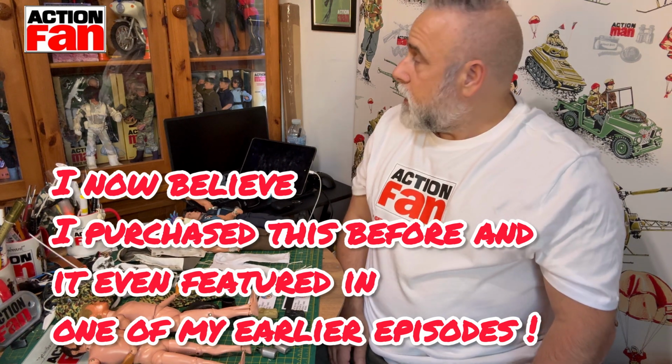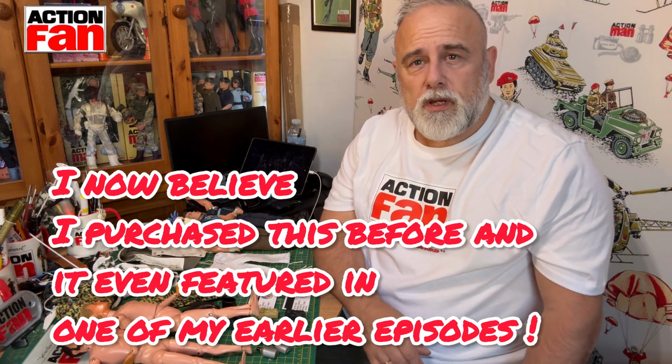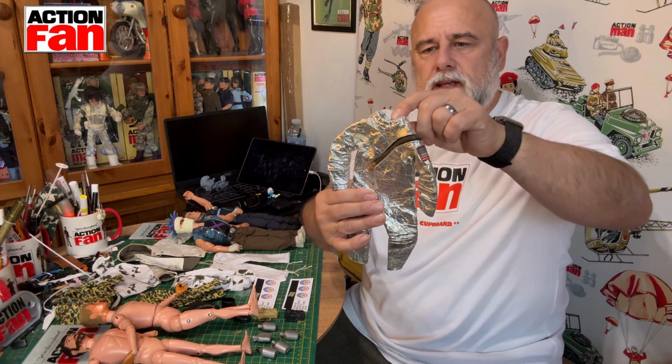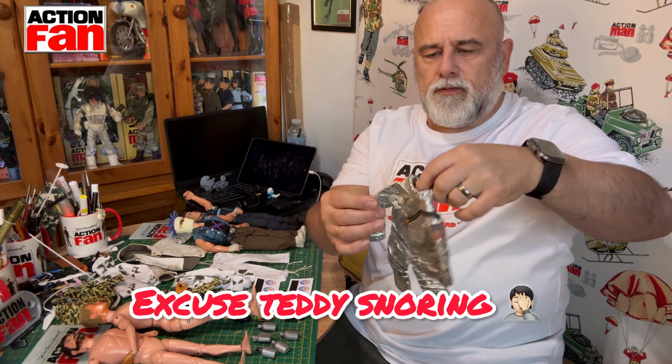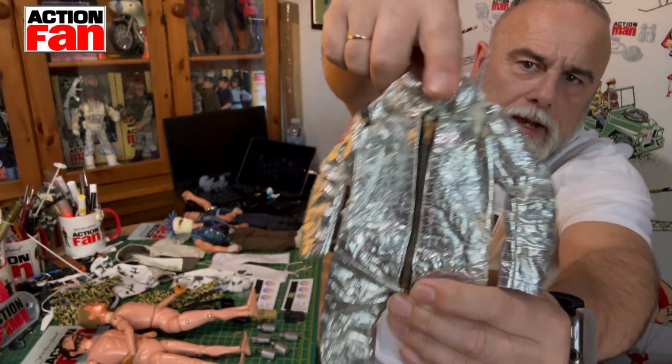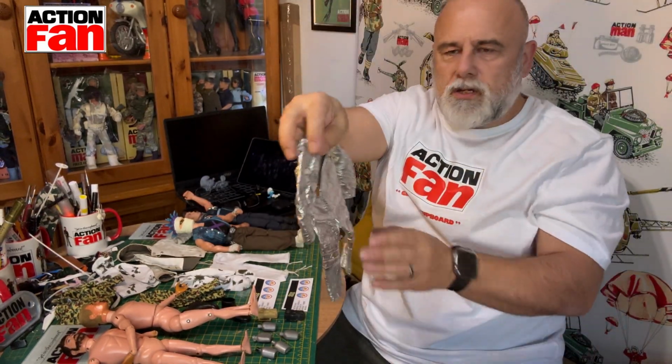The next purchase I made, I am not 100% sure why I made it. I've already got several of these uniforms, but I seem to have pulled the trigger and bought myself another astronaut outfit. And unfortunately, this one is ripped just about there. Like most of them, not in the best condition. Right, last but not least, I couldn't resist. I went and bought another one of these